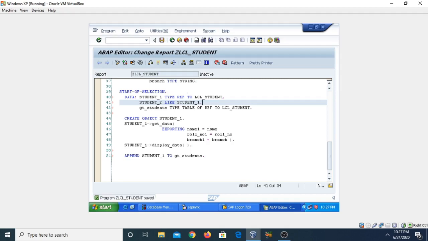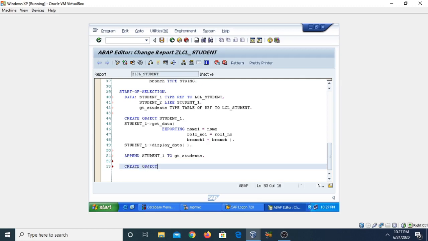Now here we have created the reference variable. Now if you want to create another object, use the statement create object student underscore 2.